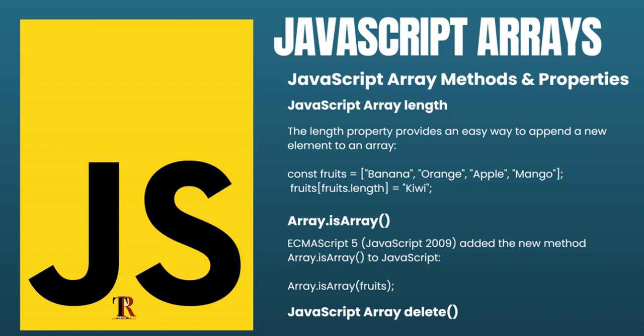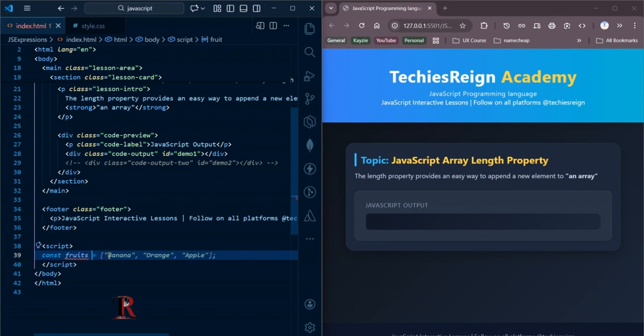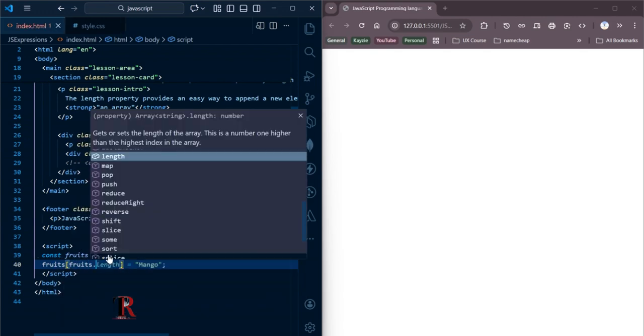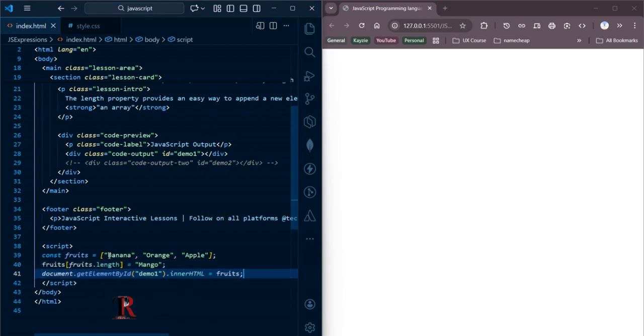And let's take a look at what the output looks like in our code editor. So I have fruits. I have 3 elements. Now, just like what we have on that screen, fruits this way, then the bracket notation fruits.length is equal to mango. Now, if I get this out right here on my screen, I think this should give us,